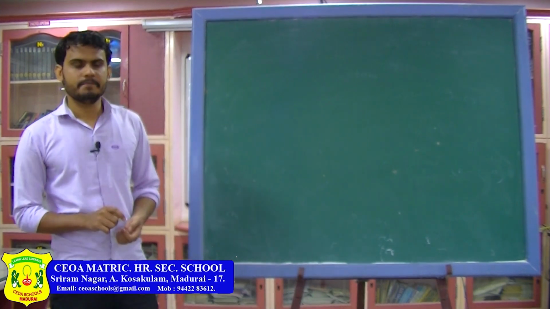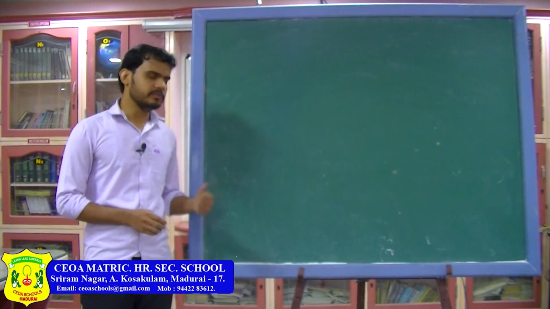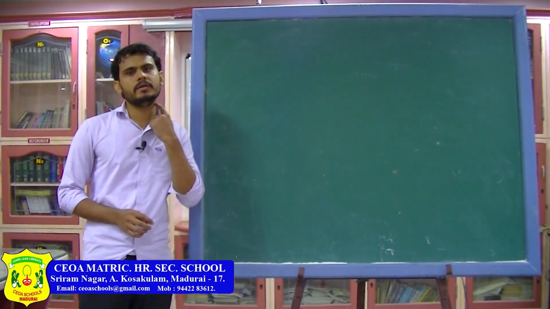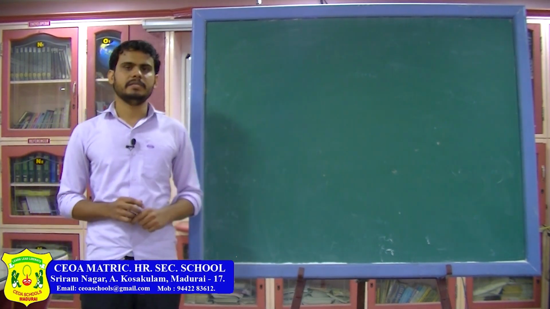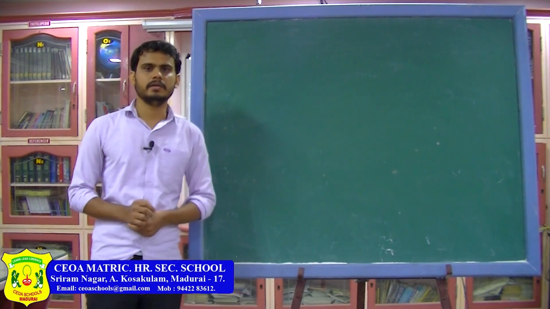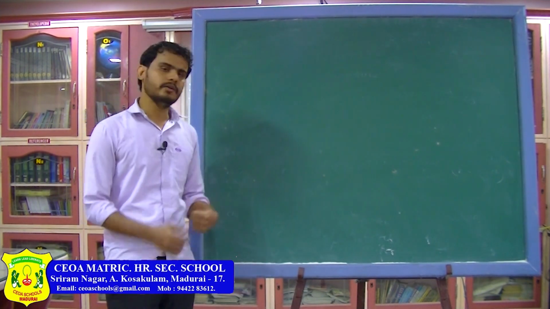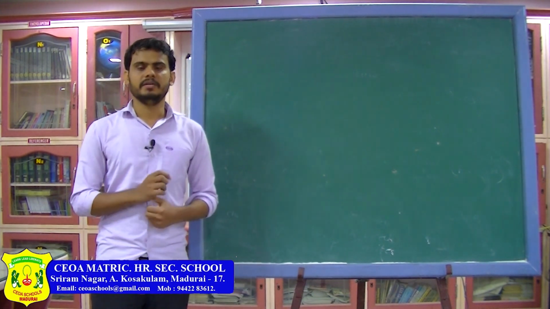Good morning students. So in the previous class we have seen the magnetic field. We have found out the magnetic field due to a current carrying wire. Then we have also found out the magnetic field due to a moving charge. In that, there was a special case where the charge was revolving in a circle and you have to find the magnetic field at the center of that circle. So for that you have to remember the formula. That formula will help you in a chapter called atomic structure.